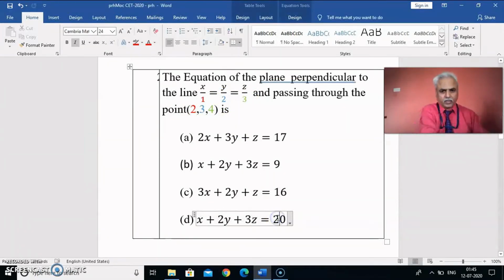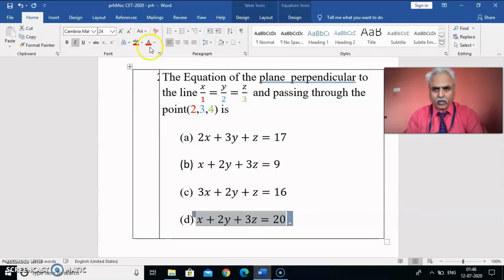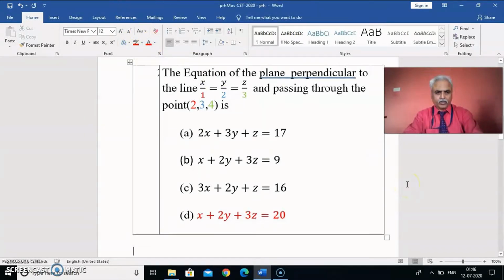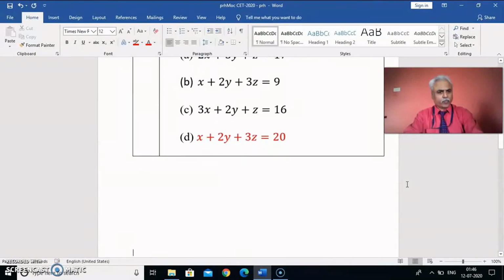The last is the answer. So the first hint is, anyway you know x, 2y, 3z, don't fall into that. Directly calculate that 20. Concentrate only on that constant so that you can save time. Like 2 plus 6 plus 12, 20, you directly go to that. Hope this tip will be useful to you. So just mark that answer. We will come back to this second round. All of you can perhaps tell better than this, that is, you can minimize the time.